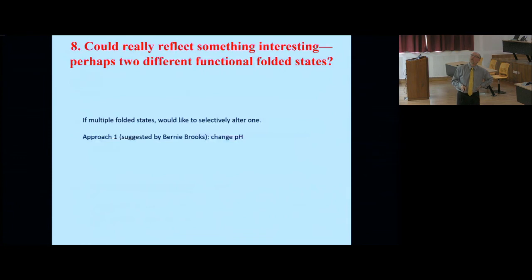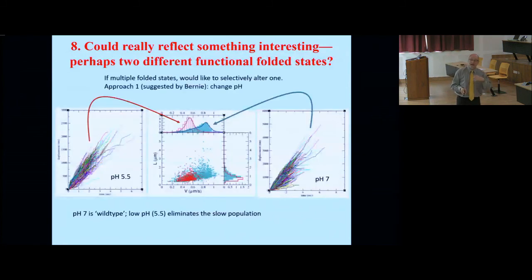Okay, so that led us to the notion that maybe we are really looking at motor heterogeneity due to folding. And because we don't know the details of the heterogeneous state, the question is, how do you prove that? And so Bernie Brooks, who I interact with frequently at KIAS in Seoul, suggested that, well, if you think about it from a protein folding point of view, if you change pH, if these are two different folded states, they should potentially have differential sensitivity to pH. So maybe you can alter the percentage that's in one state or the other by changing pH. So we did that with this